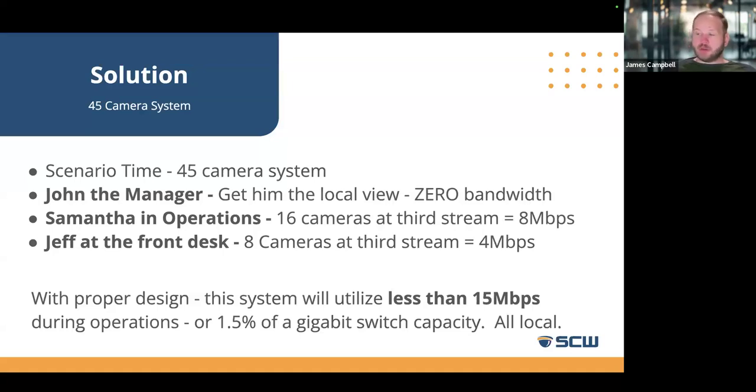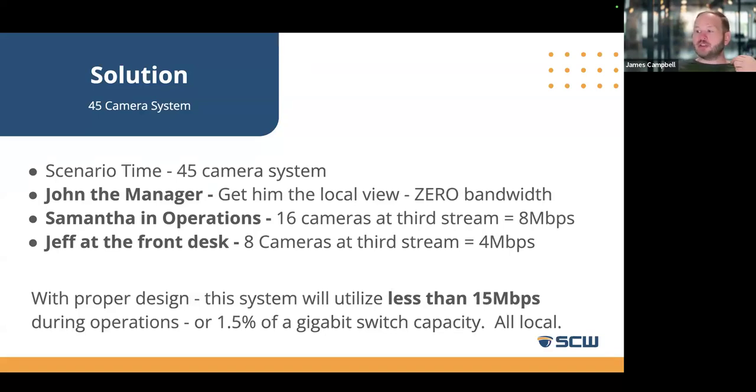Samantha in operations. So this is where we get to Jeff and Samantha. This is where we are going to be using a computer or something else, right? So Samantha in operations, if she's looking at 16 cameras at third stream, that's going to use about 8 megabits per second. And then Jeff at the front desk, if he's looking at 8 at third stream, we're looking at about 4 megabits. So with proper design, if we're doing an isolated network, if we're doing what we're recommending here,